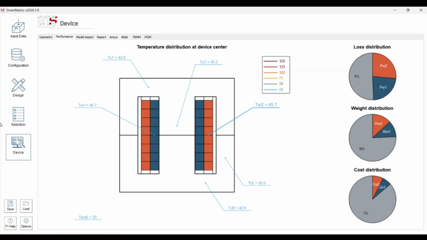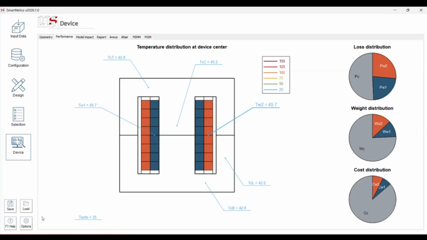Obviously your magnetic device is going to become hotter because you don't have a fan anymore, but maybe you need to know if it's hot enough so it will break or that it can withstand the losses for some time without burning your device and whatever is close to it. So this is what you can do, for example, with this tool.